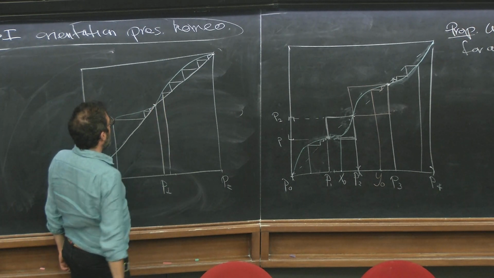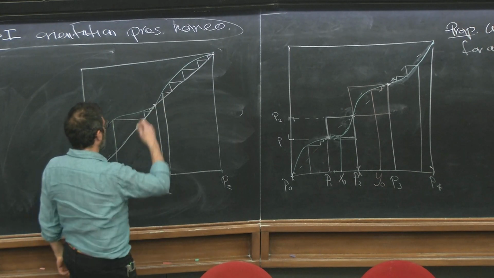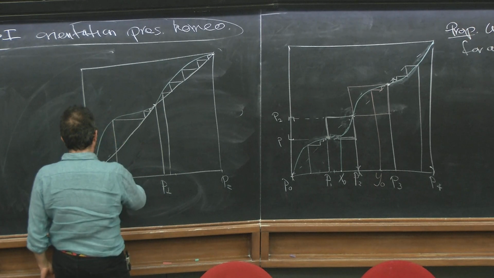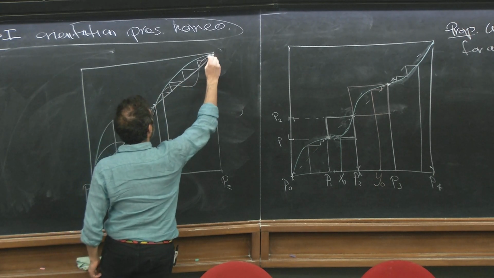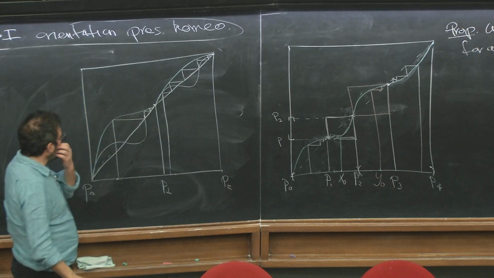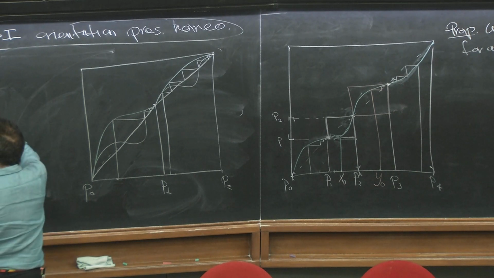Okay? And of course, you can have many situations. You can have many such points. You can have a combination. You can have some that are like that, and then you can have like that, and then any point. So you can have many different combinations. So this motivates us to make a definition